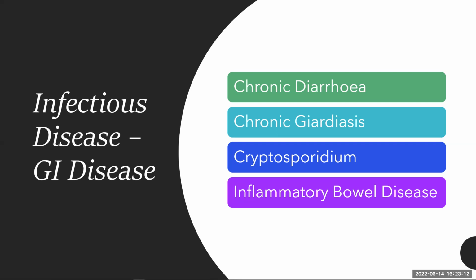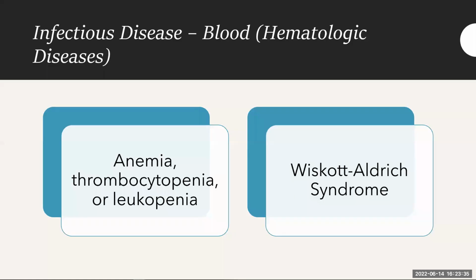Now, you do have some that have non-infectious etiologies in terms of the progressive disease, and this includes inflammatory bowel disease, gluten-sensitive enteropathy, particularly in these health-conscious days, atrophic gastritis with anemia, and nodular lymphoid hyperplasia in terms of swelling. We looked at the GI tract. Let's look at some of the blood or hematologic diseases. Now, anemia, thrombocytopenia or leukopenia are seen frequently in patients with primary immunodeficiency diseases.